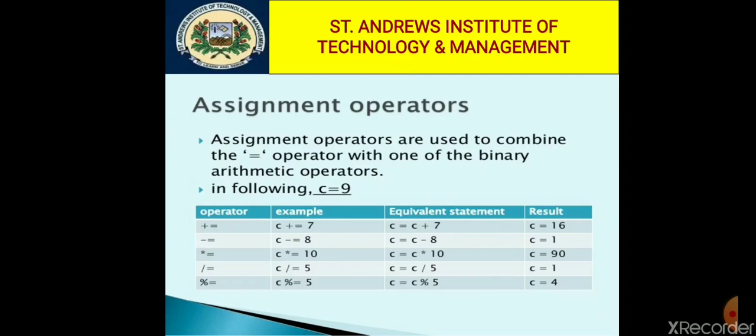When used in this way, the equal sign should be read as "gets". When assigning a character value, the character should be included in single quotes. In addition, C has a set of shorthand assignment operators. On the left-hand side of the table, we have many operators: plus equal to, minus equal to, multiply equal to, modulus equal to, or division equal to. These are the shorthand assignment operators. If we are talking about the assignment operator itself, only equal to is the assignment operator, which is used to assign the right-hand side value to the left-hand side.